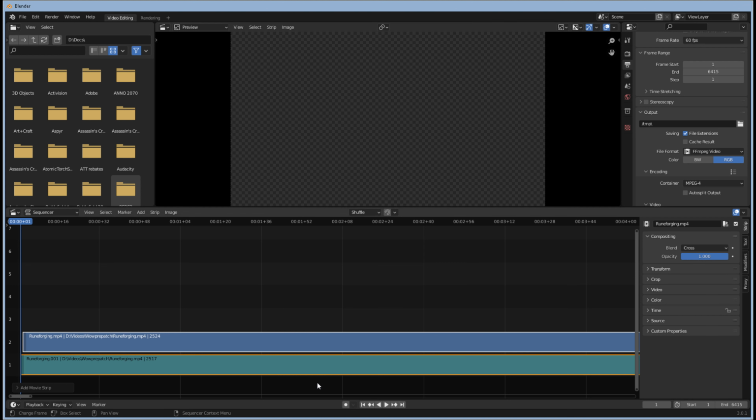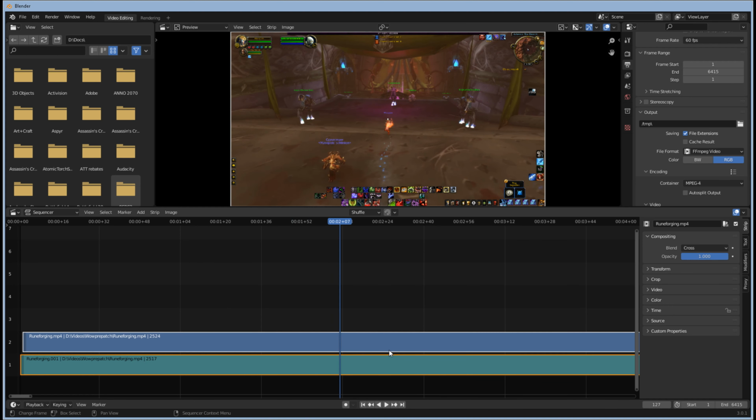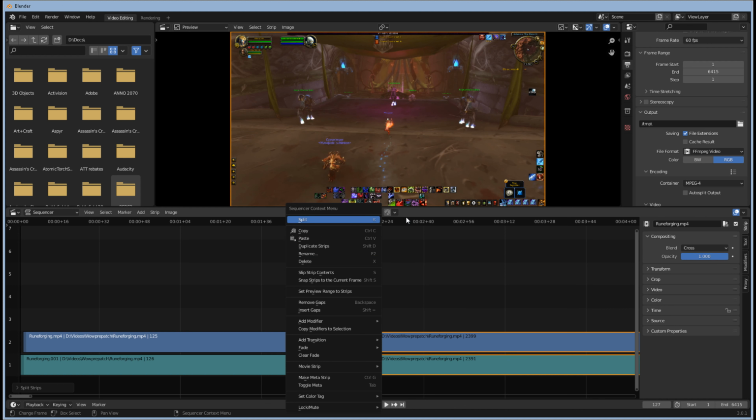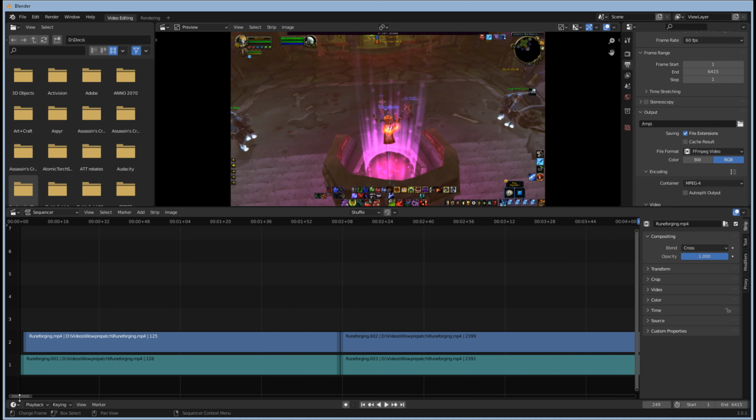You're going to have to wait for the proxies to actually create, which this is already done. And then you find the location you want to cut. We're going to cut here, right? Hit K. If you look, split is K. And then continue into the video, and we'll cut out